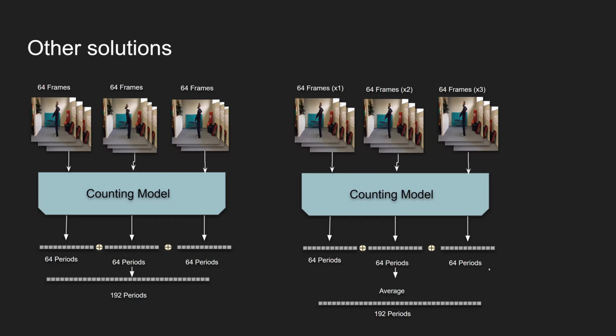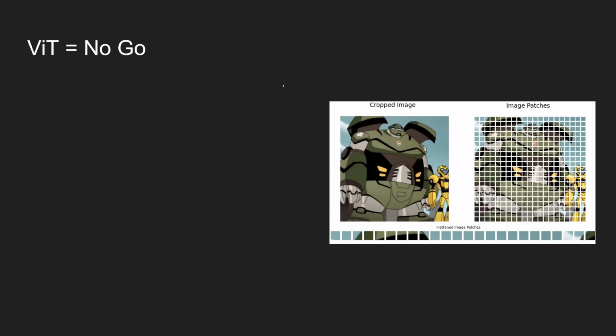In other words, all of these previous systems have very ad hoc ways of solving this issue, where the information within repetitive videos is very dense. They don't really have a unified way of solving this. And this leads to a very interesting issue where if any of these systems want to upgrade to using a vision transformer, they basically can't. Even at 64 frames, vision transformers are going to become very, very cumbersome.